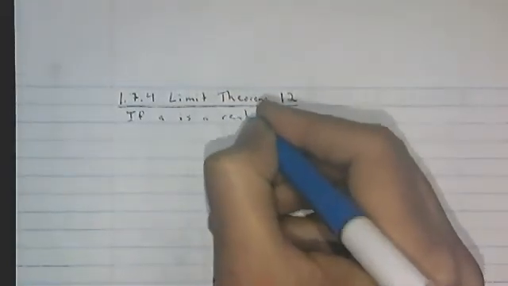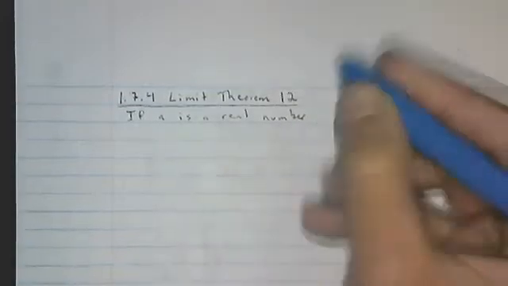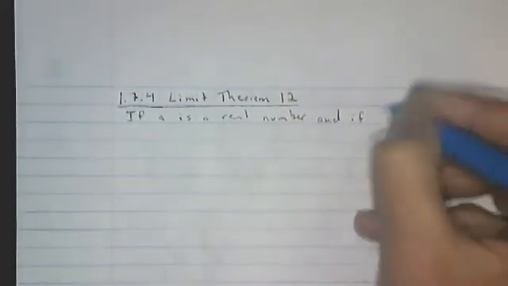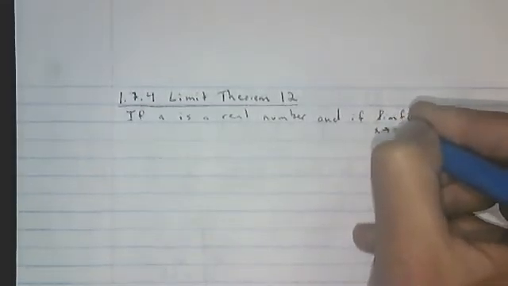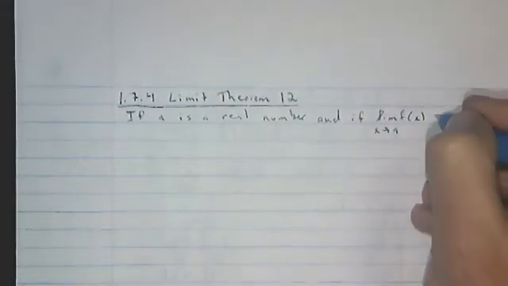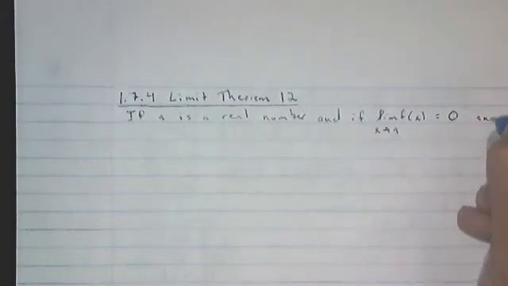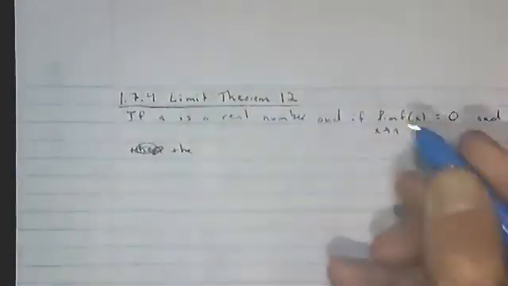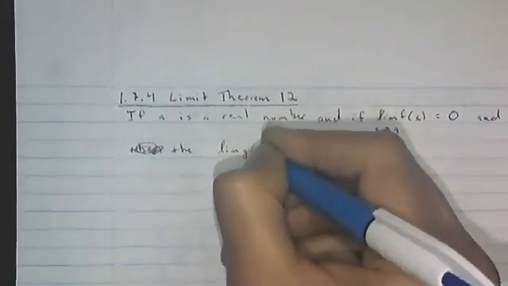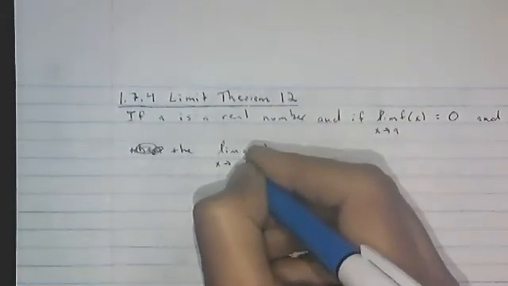Here's what limit theorem 12 says, that if A is a real number, and if the limit of some function f as x approaches this number A is equal to 0, and the limit of some second function, g, as x approaches that same number A is equal to c, which is some non-zero constant,